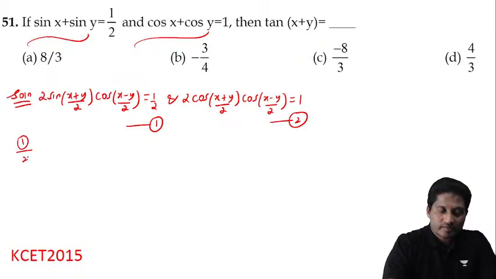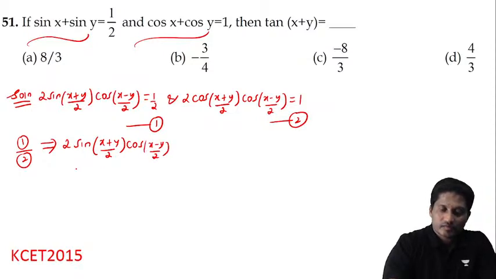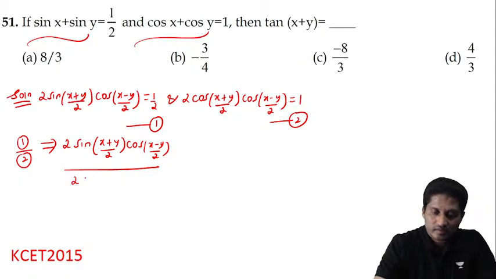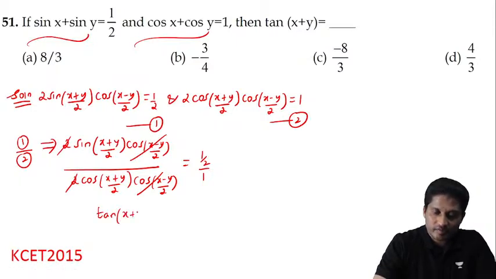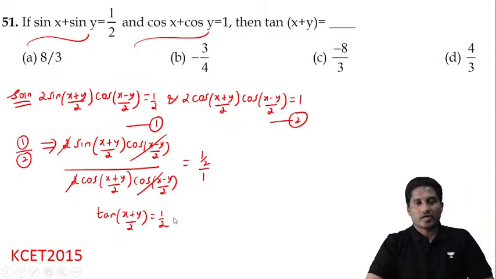We divide equation 1 by equation 2. We get 2 sin (x plus y)/2 cos (x minus y)/2, and the whole divided by 2 cos (x plus y)/2 cos (x minus y)/2, equal to (1/2) divided by 1. The 2 and 2 cancel, cos cancels with cos, and sin by cos is tan. So tan of (x plus y)/2 is equal to 1/2. Right, now having said this,